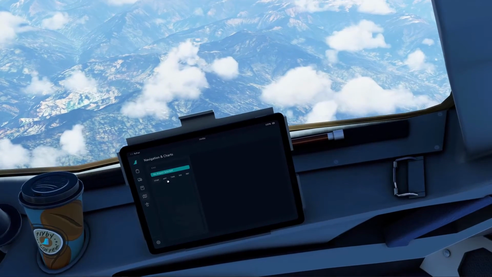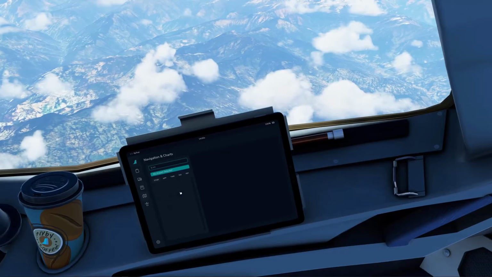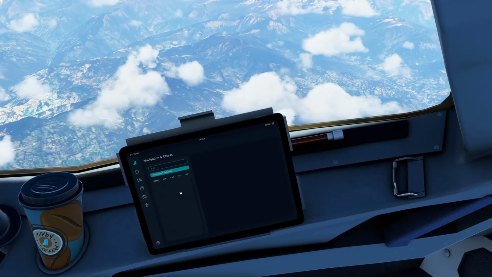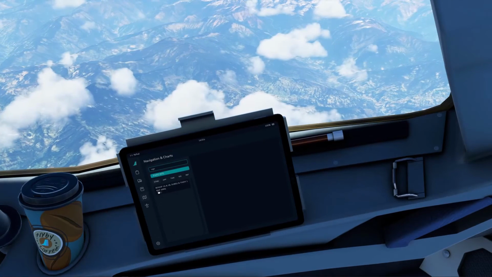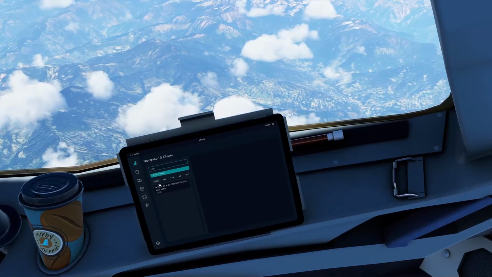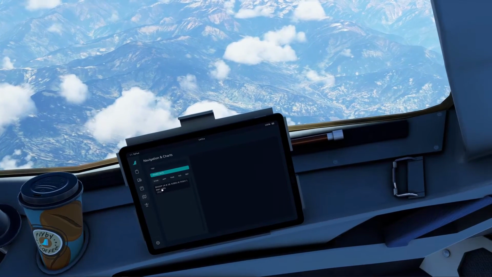Right, so now let's just go back to our flypad, and we can actually see what this thing is. So ICAO code, so we're looking at our STAR.